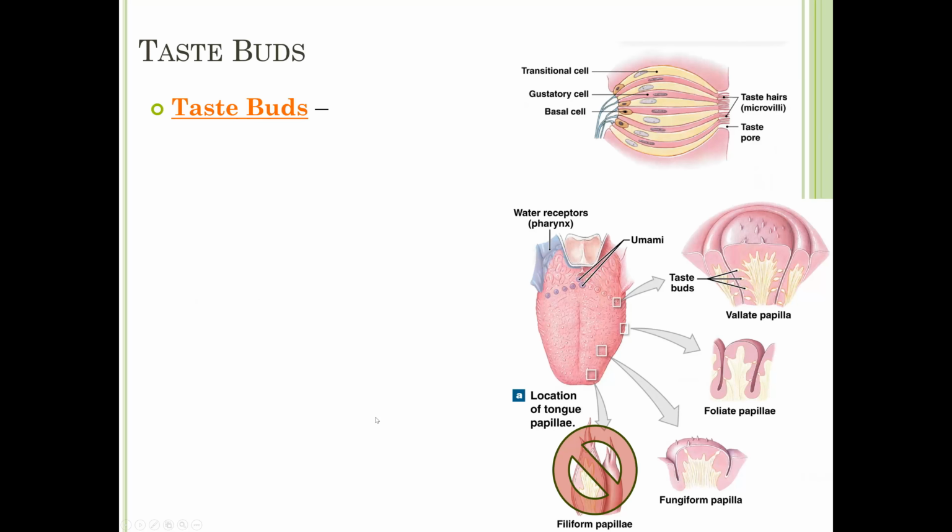So let's look at a taste bud in more detail. So again, we have taste buds on our vallate papillae, foliate papillae, and fungiform papillae, but not on the filiform papillae. So if we take a single little taste bud, like shown right here in this image, and we look at it close up, as shown up here, we can see that it is made up of gustatory epithelial cells, which are just labeled gustatory cell in this top image. You have about 40 to 100 of these per taste bud. So in this image up here, they are shown as the flat, thin, pink cells.